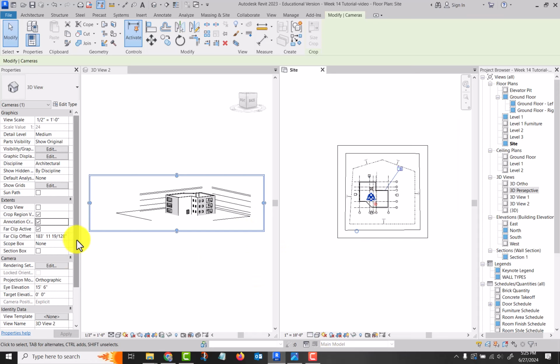Well, the far clip, just like with elevations and sections, gives you a distance out. So that if you did not want to see, maybe there's something in the back you don't want to see. I don't know. But for some reason, it's not showing it. May have to think about that. Okay, so let's look at